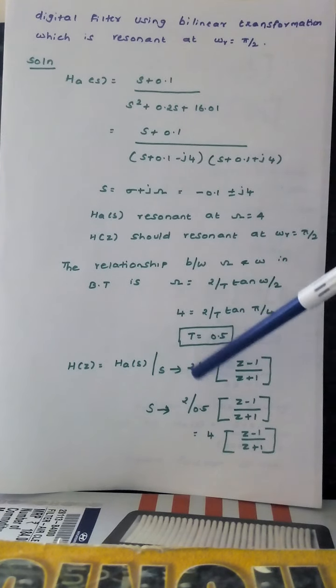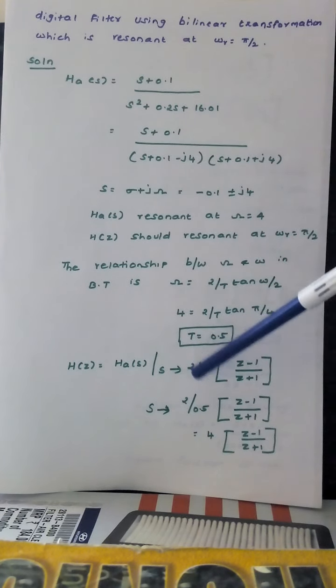And third problem, the system function of the first order low pass Butterworth filter is given as H of S equal to omega c divided by S plus omega c, where omega c is the 3 decibel cutoff frequency of the analog filter. Apply bilinear transformation to this filter such that the digital filter will have a 3 decibel frequency of 0.2 pi. So they have given the digital frequency as 0.2 pi, and here we have to apply the bilinear transformation, and we have to convert this H of S into H of Z.